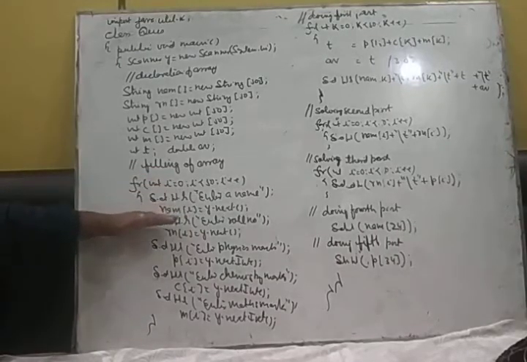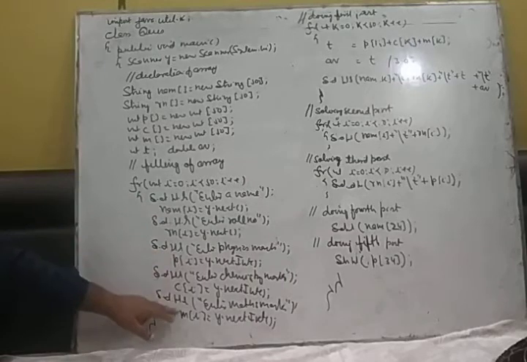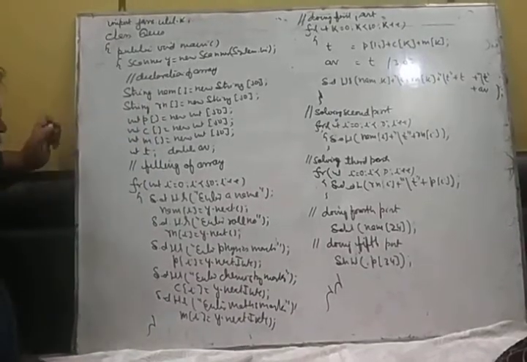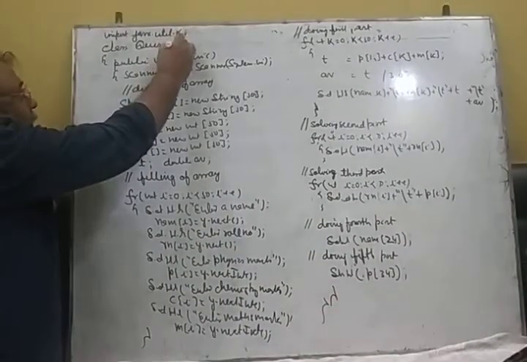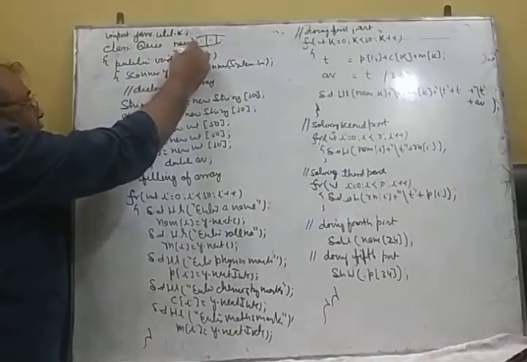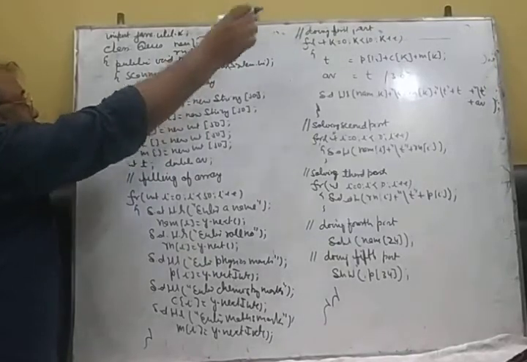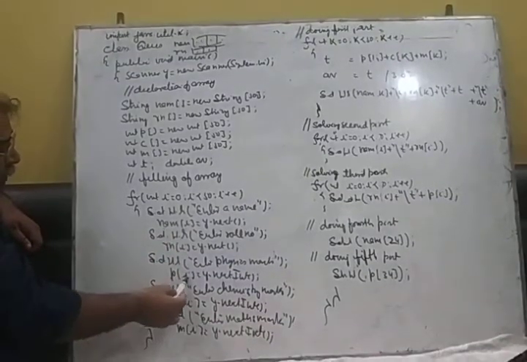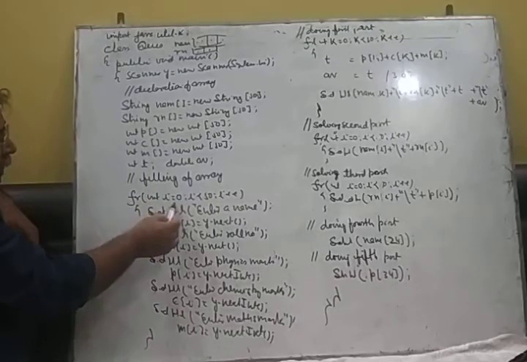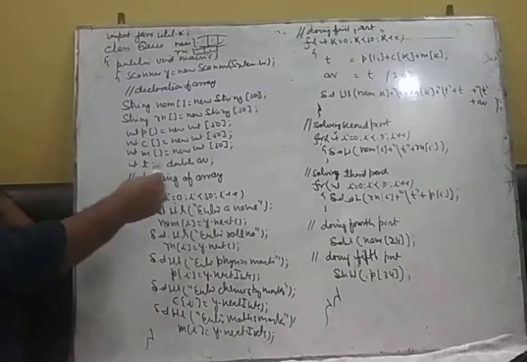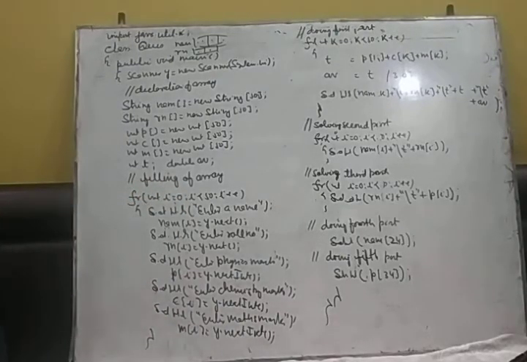This way I have entered name, roll number, physics, chemistry and maths marks. So what is going to happen? The arrays which have been declared, say NAM, I am just writing here as an example. NAM is an array, it will store the values: first name, second name, third name. As Rn is an array, it will get first roll number, second roll number, and so on. And every value is being stored. The first name is stored in NAM0, Rn0, P0, C0, M0. When I is 1, the next name will go in NAM1, Rn1, P1, C1, M1, and so on. And all the cells will be filled with their addresses.